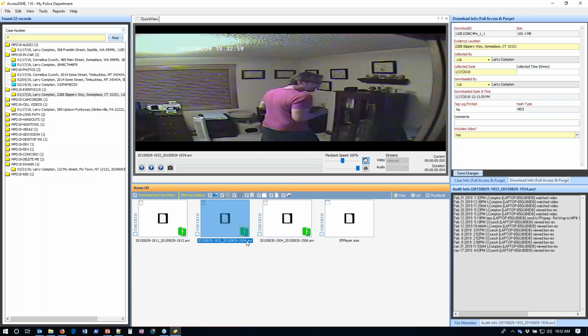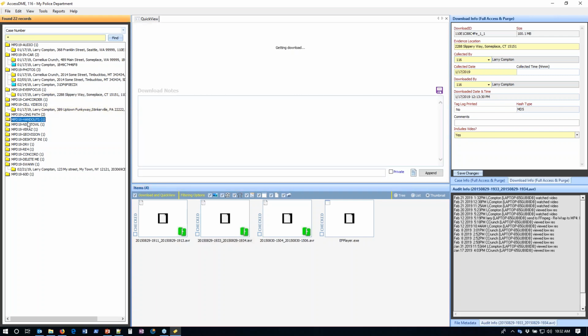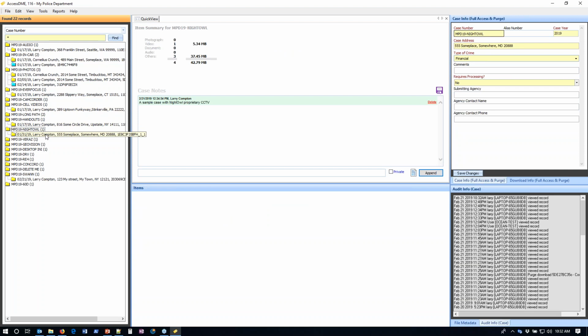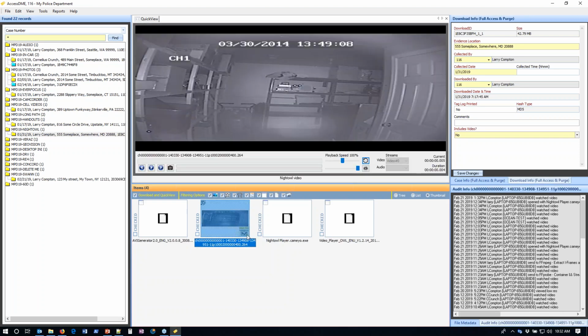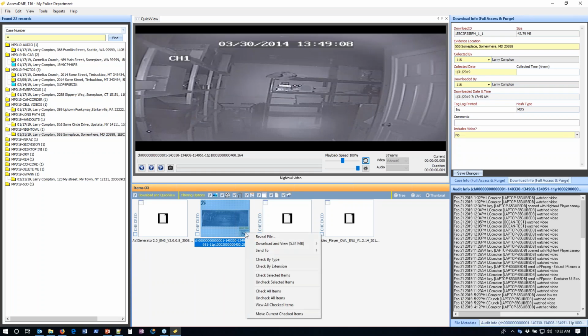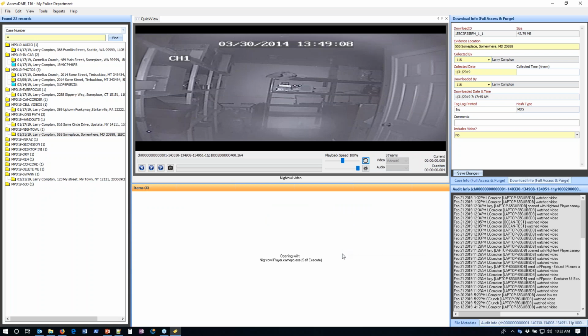And I've also made an association to this player such that I can right-click and open it with that particular player. Let's take a look at another one. Here's a Night Owl system, another 2.4, where I've made a file association, because I have the permission. So I can view this file not only in QuickView, but I can view it in the actual associated player